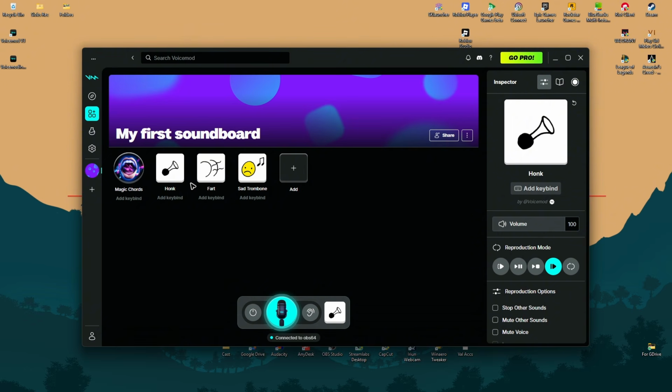To make this work, all you have to do is click on Add Keybind and then enter the keybind that you want to use. For example, Ctrl+1, like so. Once that's done and you have your keybind, you can now go ahead and open up